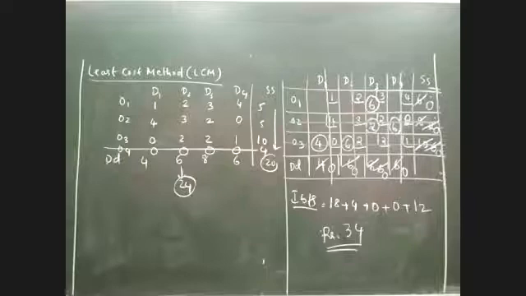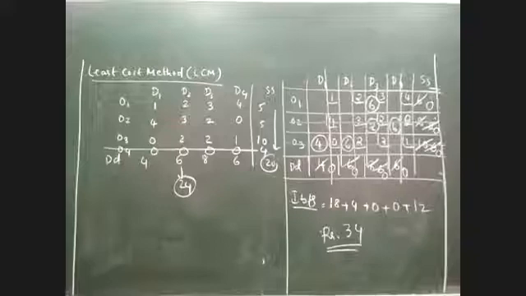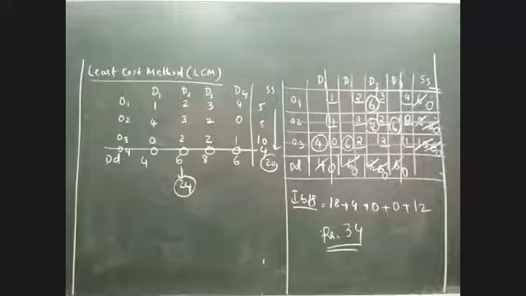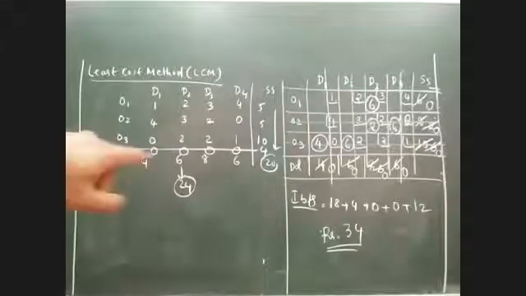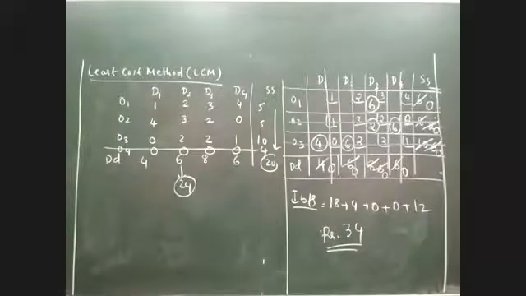Please remember, the moment this problem is increased by an additional row called O4, all these 4 zeros are very much part of the question, and therefore they have to be considered while selecting the lowest value. We cannot ignore these zeros. Please remember, all these 4 zeros included in the fourth row O4 are very much part of the main question. We cannot ignore them just because they are dummy. Now if you take this problem, totally 6 zeros are there in the problem. Earlier there were 2 zeros, and these 4 dummy values become 6 zeros. Out of these 6 zeros, any zero can be taken for allocation.